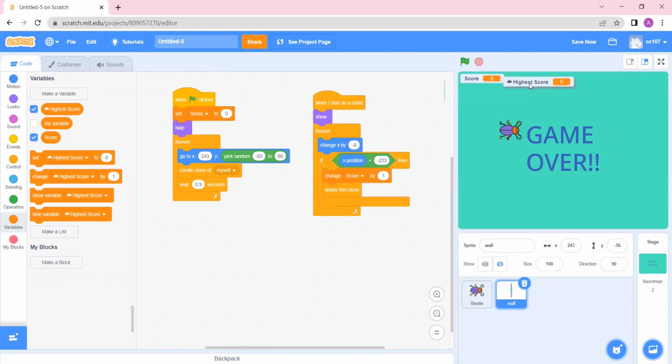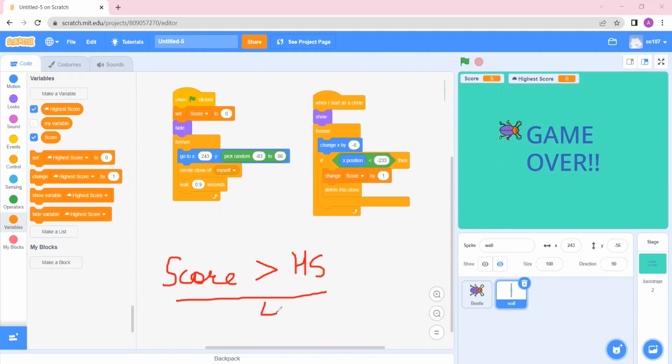Now I got this cloud variable of highest score. Now what I'll do is, you can place it wherever you want. Now what I want is that when the game ends, at that moment, if the score, now write it in mathematical format, if the score is more than, how to write more than? Like this. If the score is more than the previous highest score, HS is highest score, then the highest score should be updated,